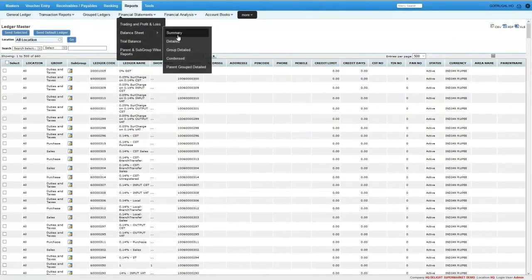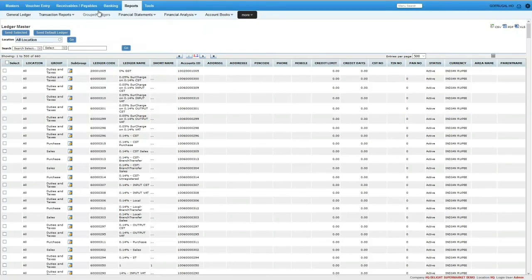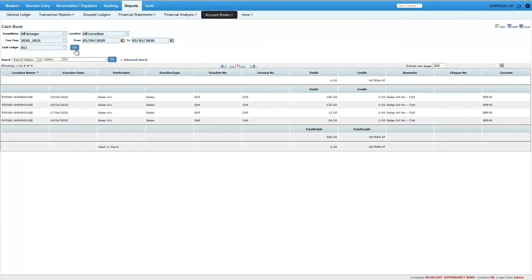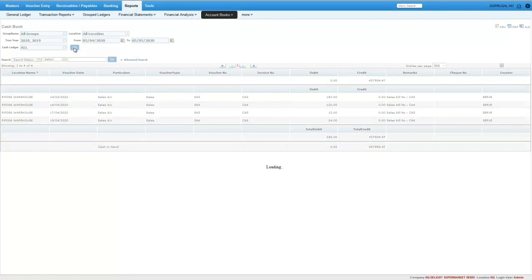And balance sheet report, summary, detailed, condensed, trial balance report, and transaction reports based on day wise. All these reports will be shown here. And day book, cash book, bank book, you can verify the same here also. By pressing the groups, you can just give go so that the reports will be shown. You can select the tran year in the settings also. By erasing it and pressing the space bar, the tran year will be shown. Based on the filter date conditions, the reports will be shown here also.